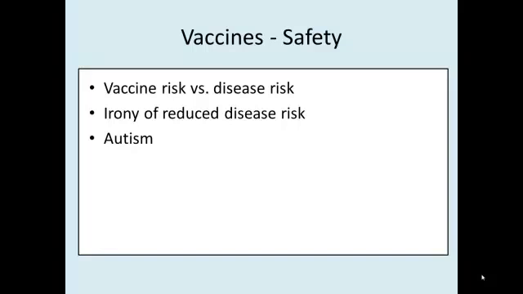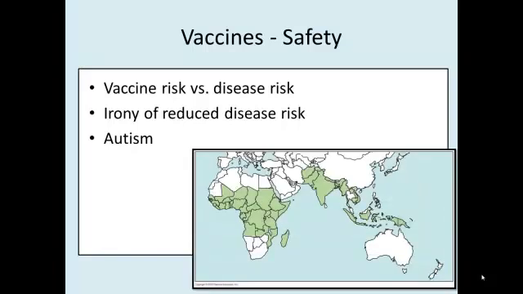It's just better to get the vaccine. The irony is, with the reduced disease risk in the United States, we see the risk of the vaccine more. Now, in countries like this where they still have active polio, we're getting it under control. Also in these countries we have active endemic measles, some of these things that we don't see a lot in this country, and so we forget that